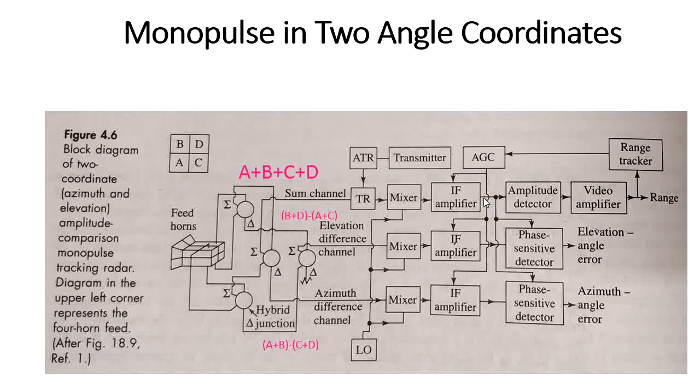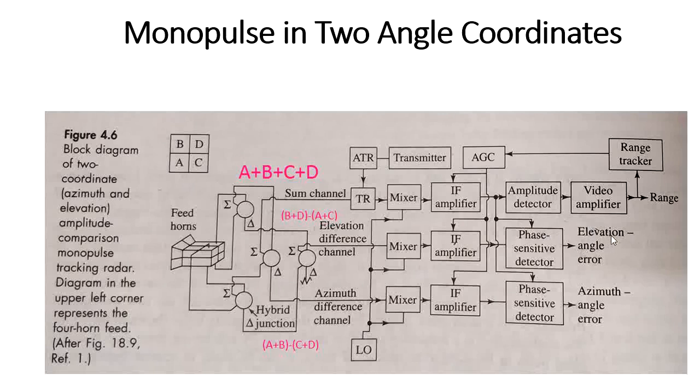So here, whatever the output of the intermediate frequency amplifier, that is the sum signal. The A plus B plus C plus D acts as a sum signal, nothing but that acts as a reference signal along with the difference signal. The difference signal of the elevation angle is given as B plus D minus of A plus C. So this signal will be given as the elevation angle. This signal we are going to compare with the sum signal,